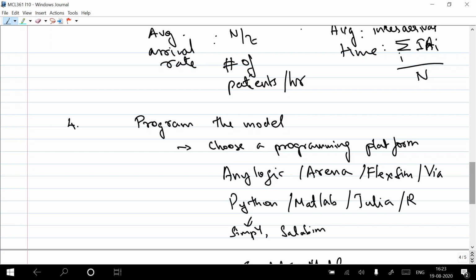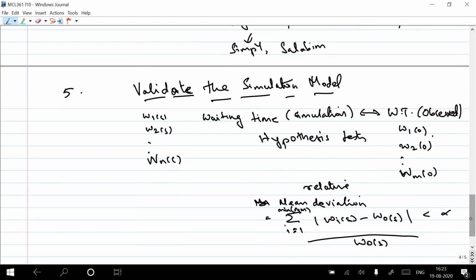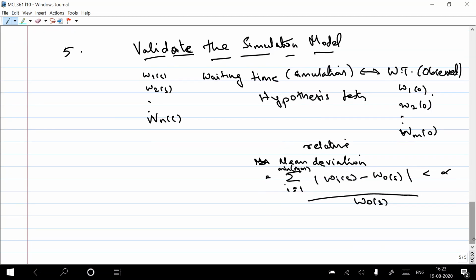Similarly, when you estimate data, you ideally do that in collaboration, in consultation with your stakeholder. Same thing goes for validating the simulation model as well. So regardless of whether you collect observed data for your outcomes of interest, you should still present your outcomes to the stakeholders and get their feedback. That is very important. You have to validate your model, and if you cannot validate it, you have to discuss it, because some form of validation is required.